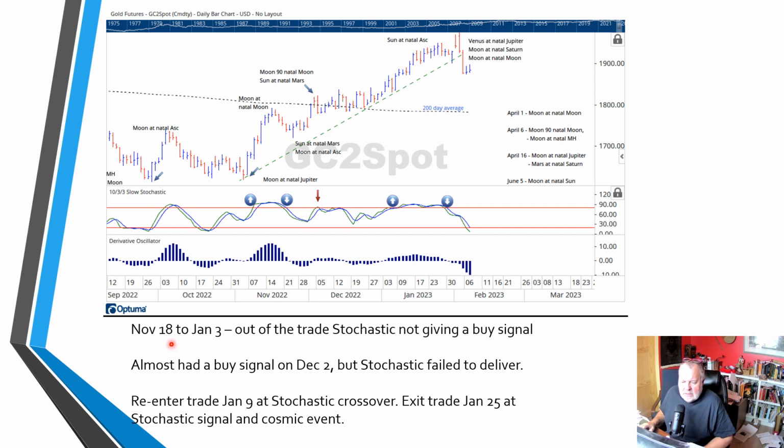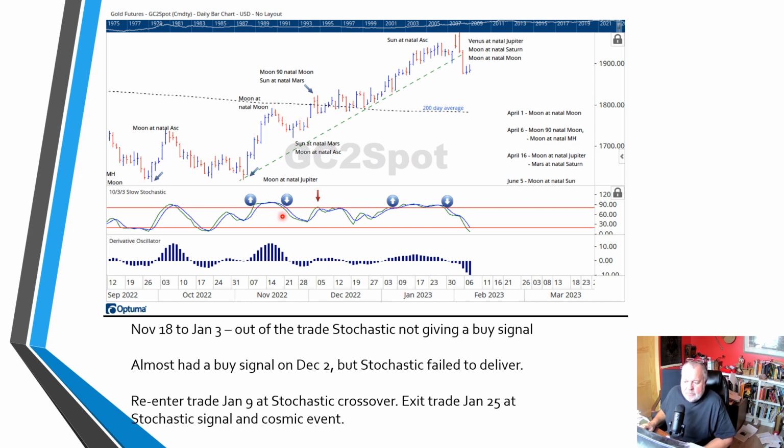Now, moving on and looking at the remainder of our chart here. In November 2022, you would have gotten in using the chart technicals, and don't forget you had a cosmic event, Moon at natal Jupiter. And look at what price does. It takes a run up and it takes a look at that 200-day moving average and it gets afraid. And it says, I don't have the ability right now to get above that 200-day moving average, and it starts